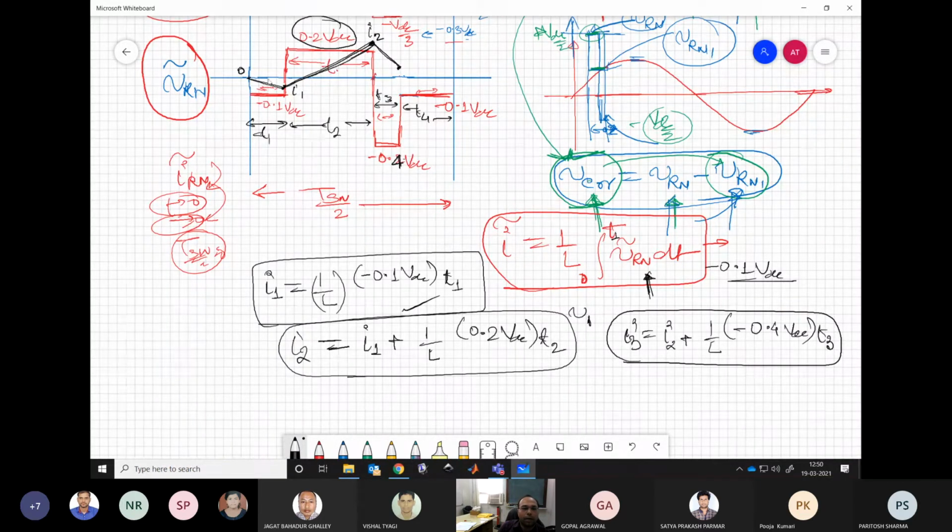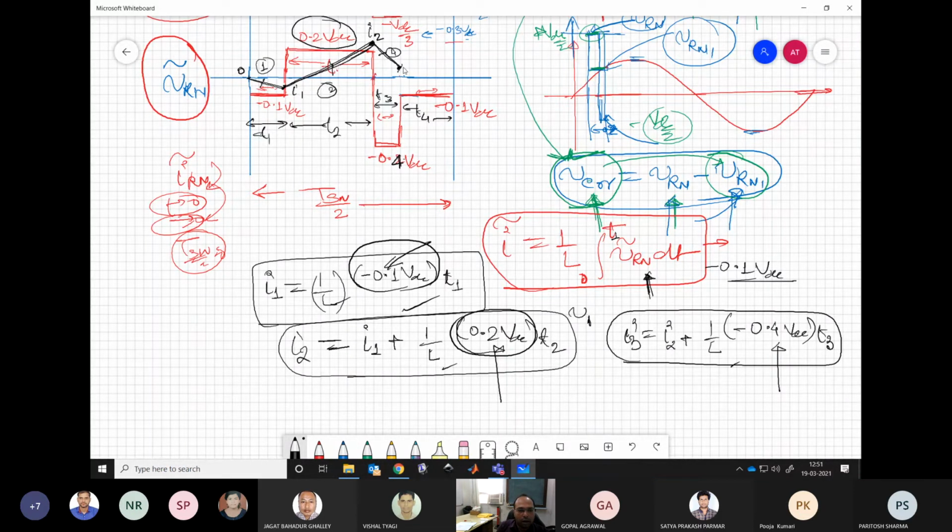The slopes will be different. Now this slope, if you say is 1, this will be 2, this will be 4. Getting my point? Why? This is 0.1 VDC, this is 0.2 VDC, this is 0.4 VDC. So this slope is directly proportional to the VDC coming over there. L is constant everywhere. Understanding my point? So when you are drawing in your assignment or in your test or exam, you need to have these slopes very correctly taken up. So with the scale and all, you have to draw very properly.